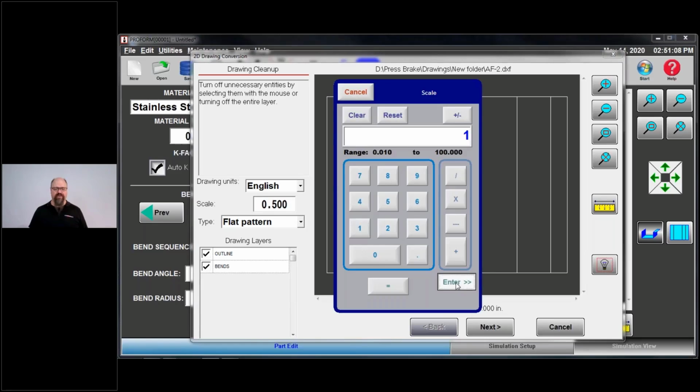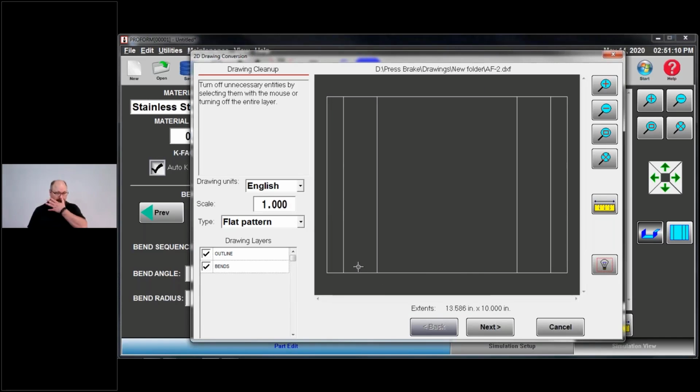But this is a 1-to-1 scale, so I'm leaving that alone. You need to know if it's in English or metric. If it's an English drawing with metric dimensions, then you need to sort that out. But if it's a metric scale drawing, you need to have that in there. But again, that can really mess up your settings. So I'm sticking with English because that's what we use. I'm going to click next.